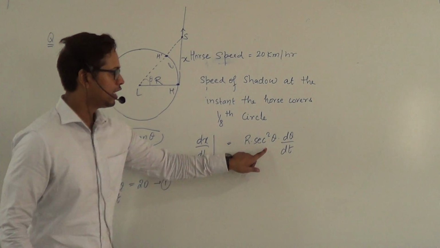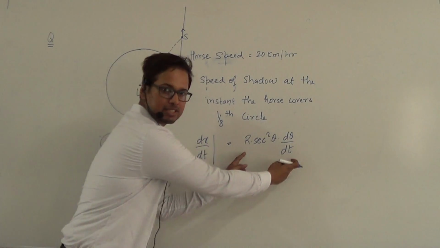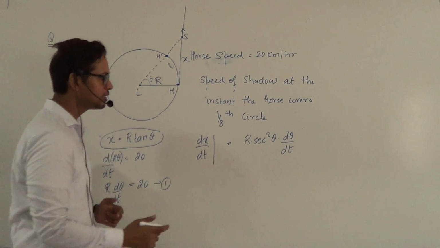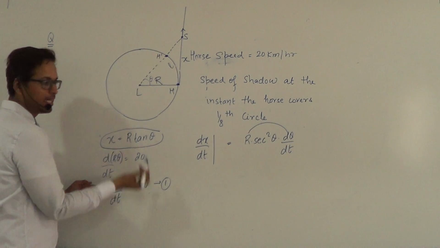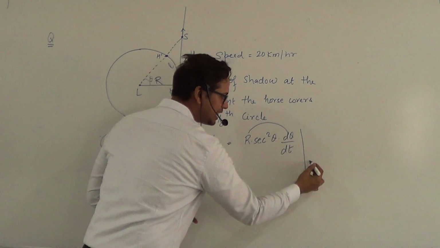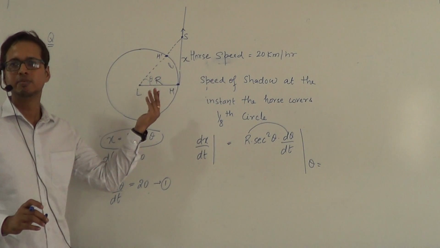Okay. Now I differentiated this, I got this. Now start putting the values. R d theta is already known to me as 20. And I want this to be at that instant when the horse has covered 1/8 the circle, which is actually